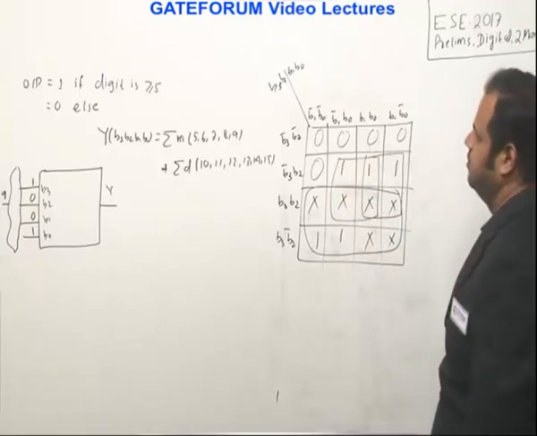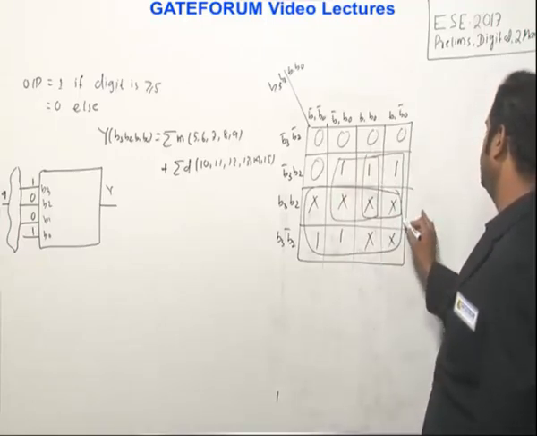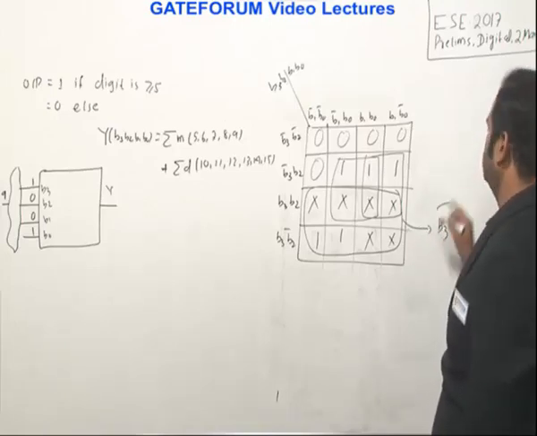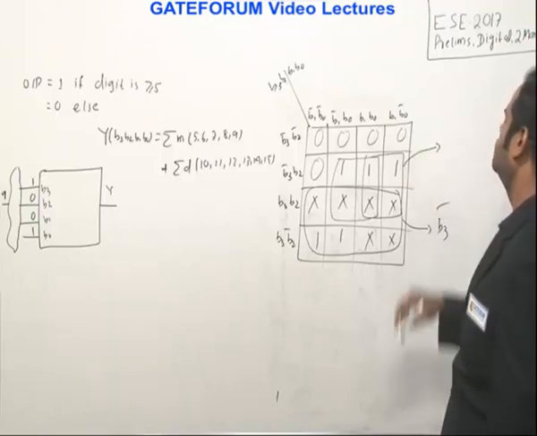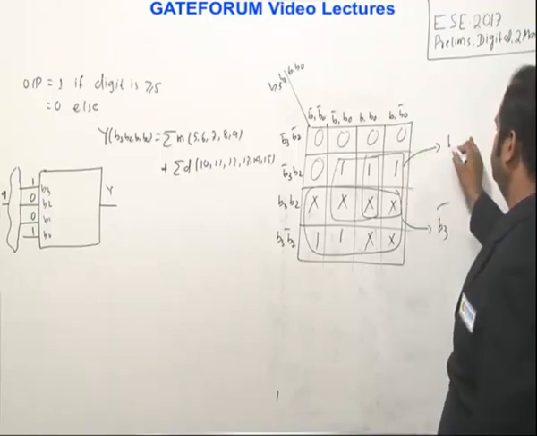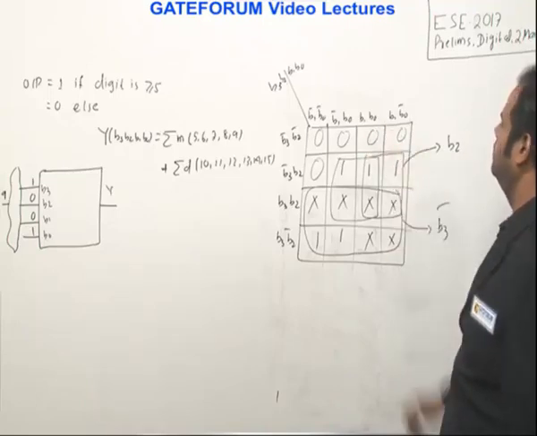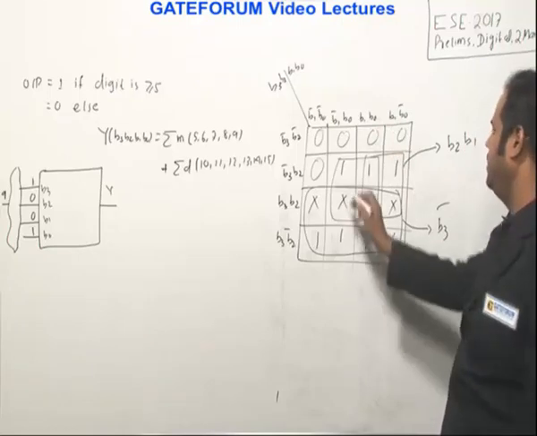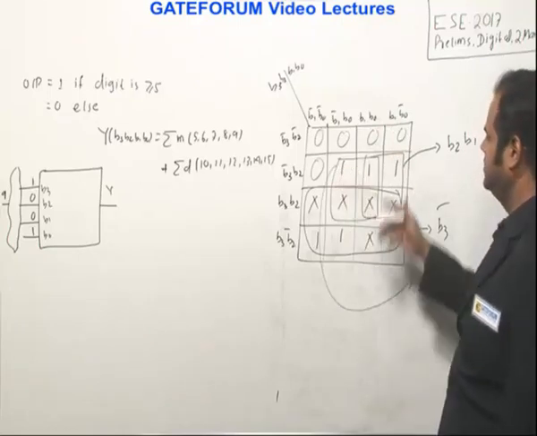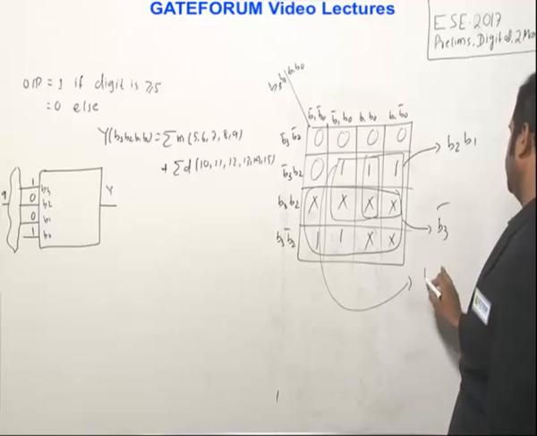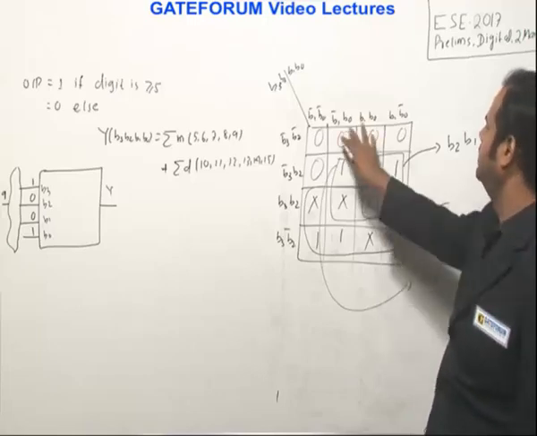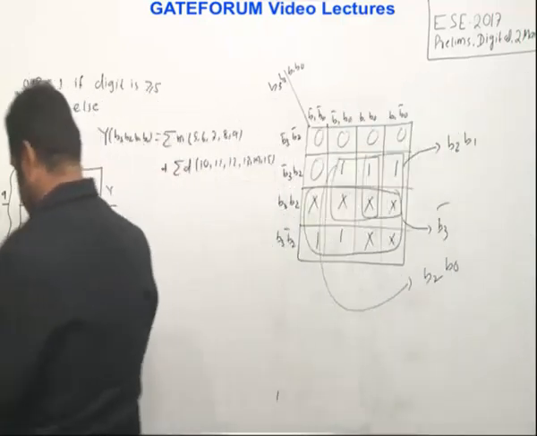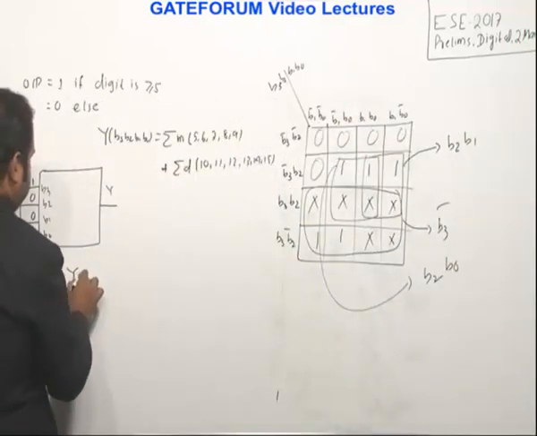So now if I ask you what is the expression of this octet, from the row only you will get only B3. What will you get for this quad? For this quad, from the row you have constant B2, and this is under the influence of these 2 columns. So what is the common part here? It is B1. So it is B2, B1. And what will you get for this quad? For this quad, it is under the influence of these 2 rows. So it's again B2, but if I see the column, it is B0, right?